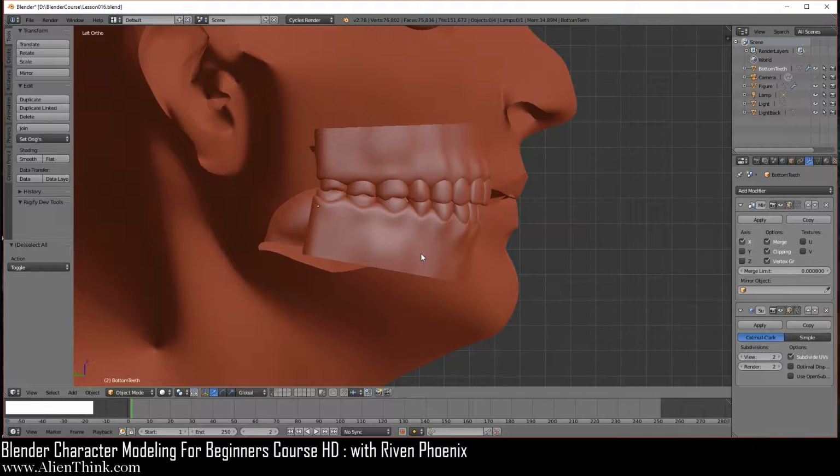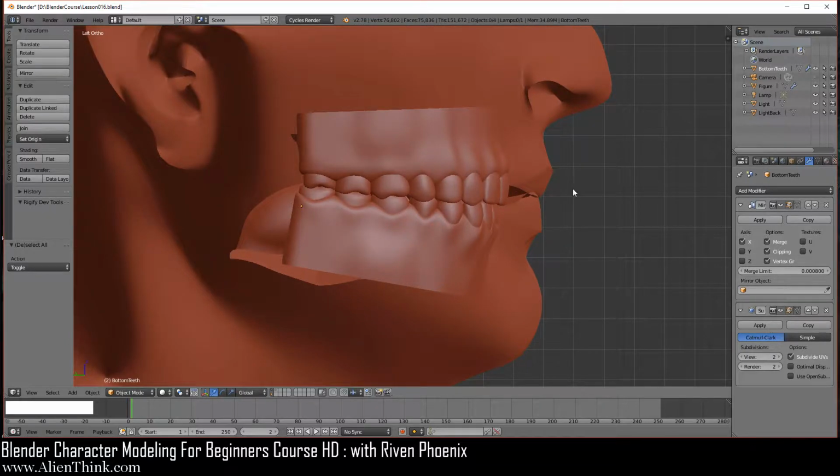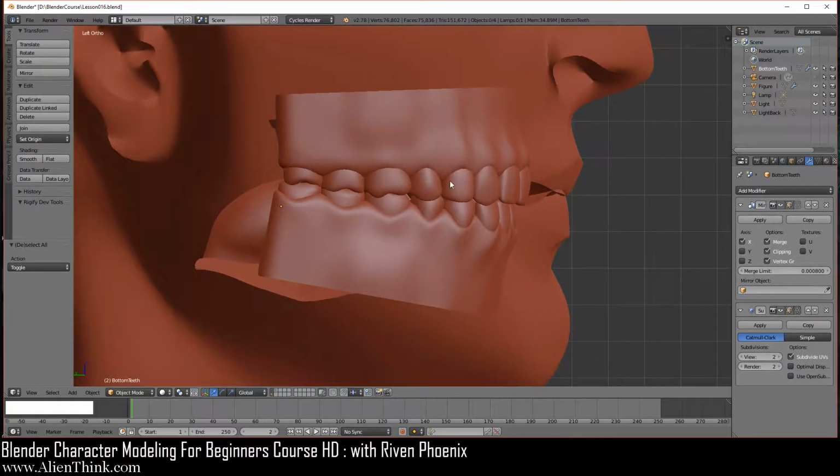So you can actually separate that or just hide the teeth by just clicking this off. You can keep it as a separate object if you wanted to, but we're going to join this, okay? So this is where it's going to get a little complicated, but just take it step by step as to how we're going to do this.